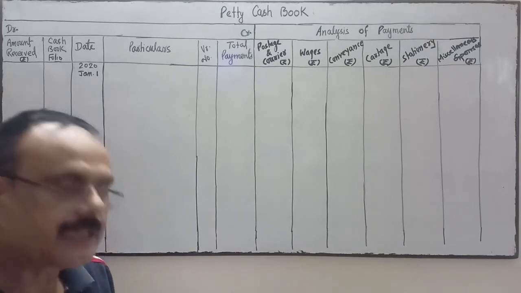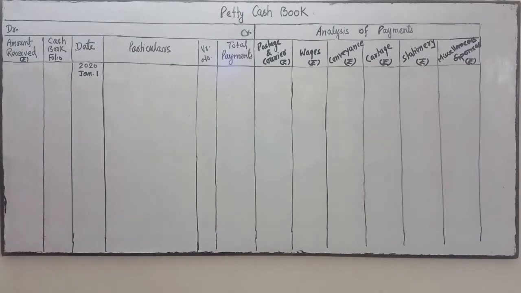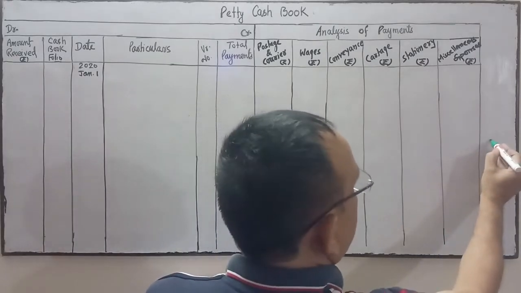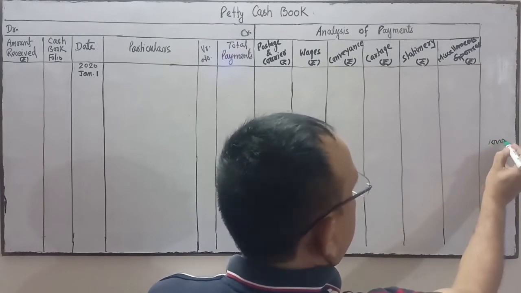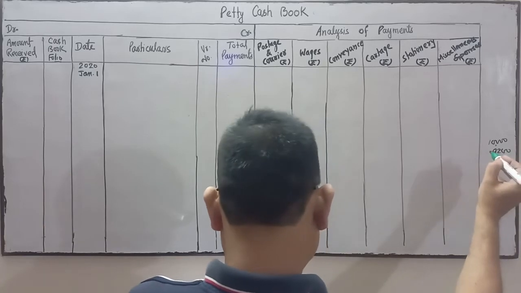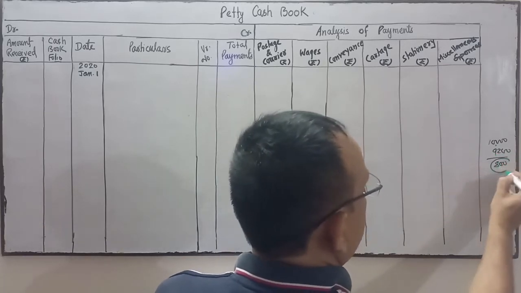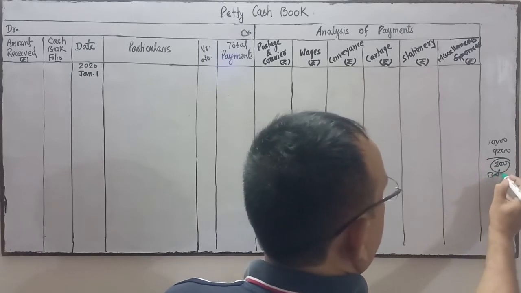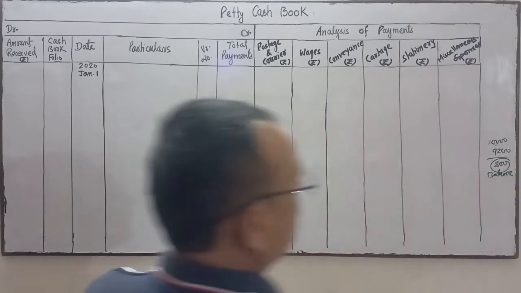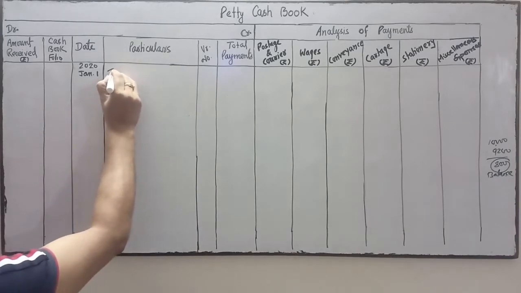He has spent 9,200. Imprest money is 10,000, and out of that he has spent 9,200 in the last month. So this much is the balance of cash in hand with the petty cashier. So he will write first, to balance